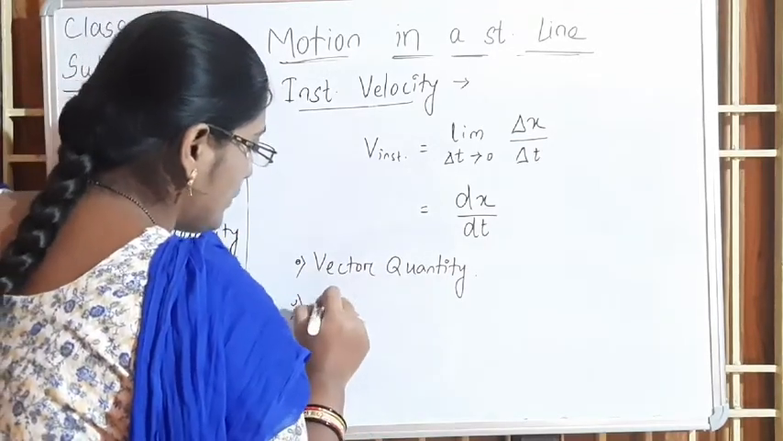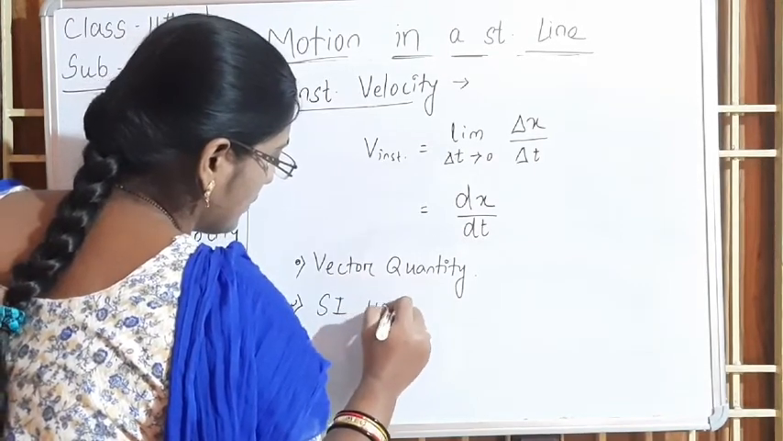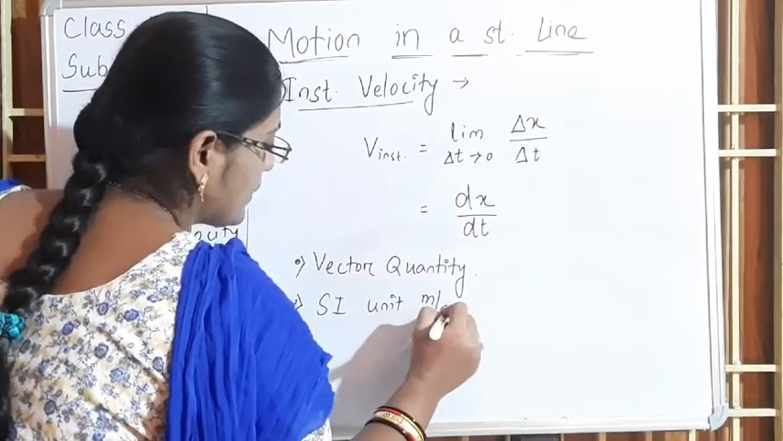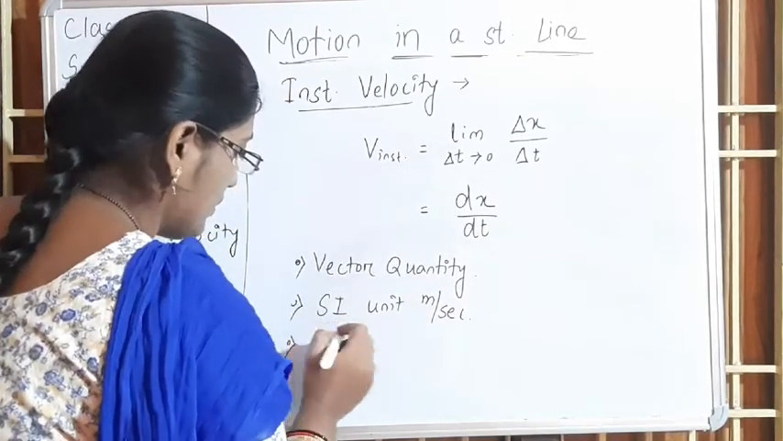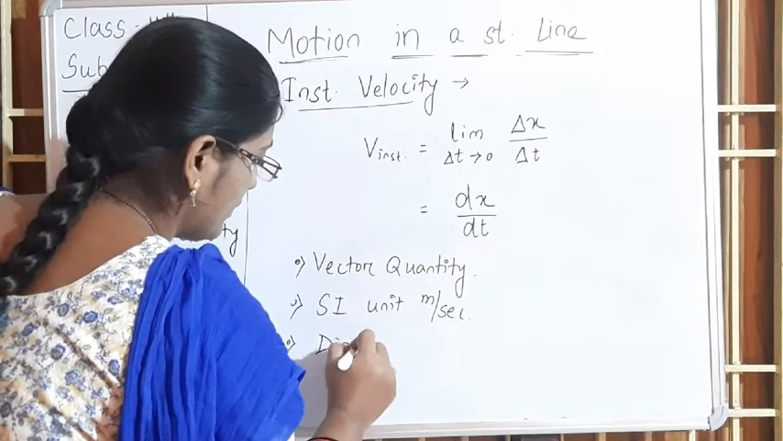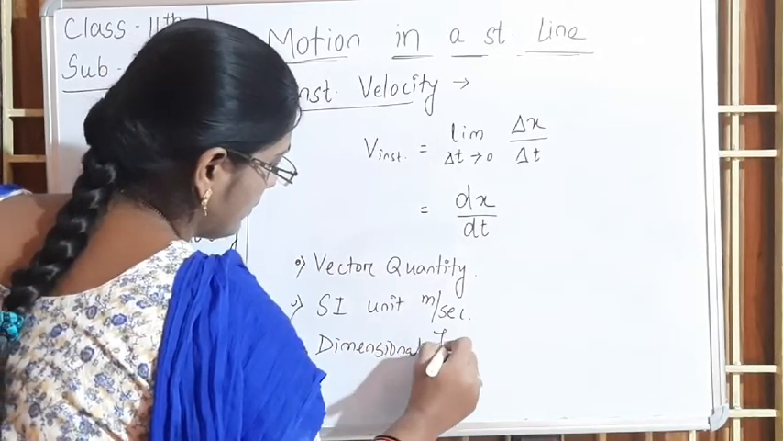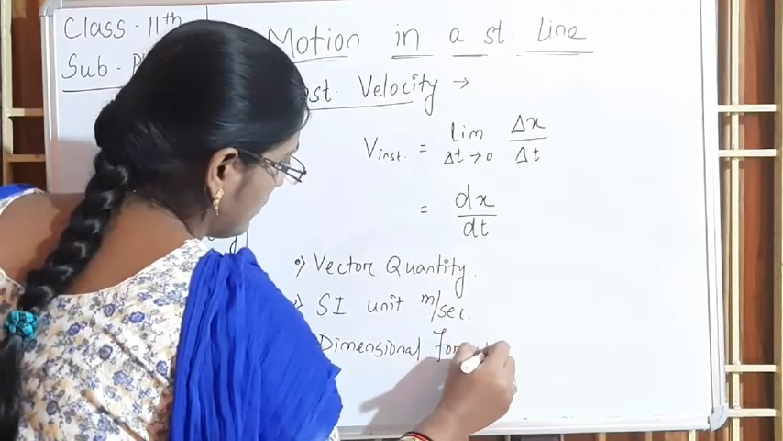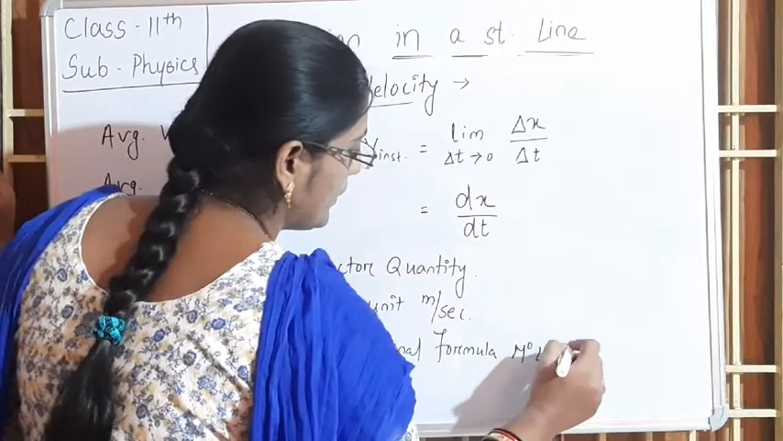And the SI unit is also the same as velocity, that is meter per second, and the dimensional formula is M0 L1 T minus